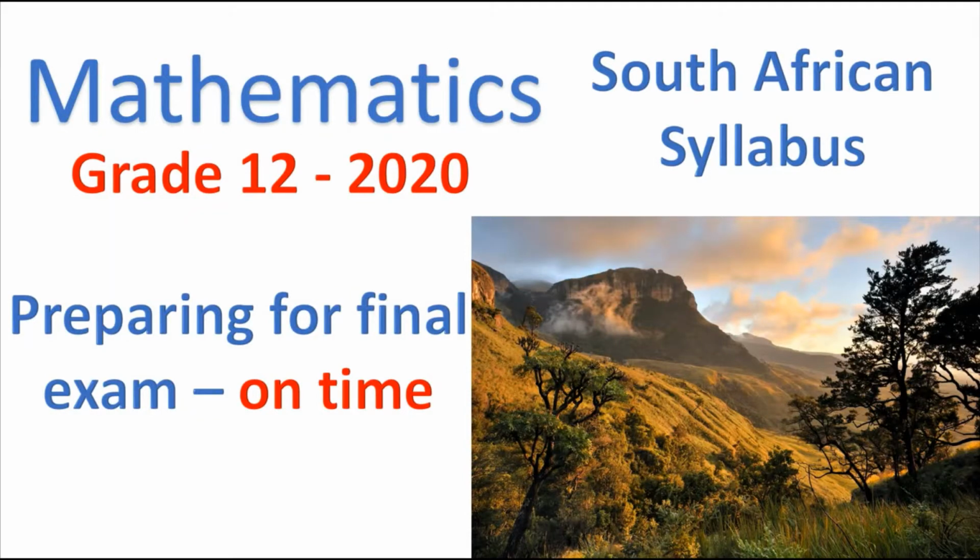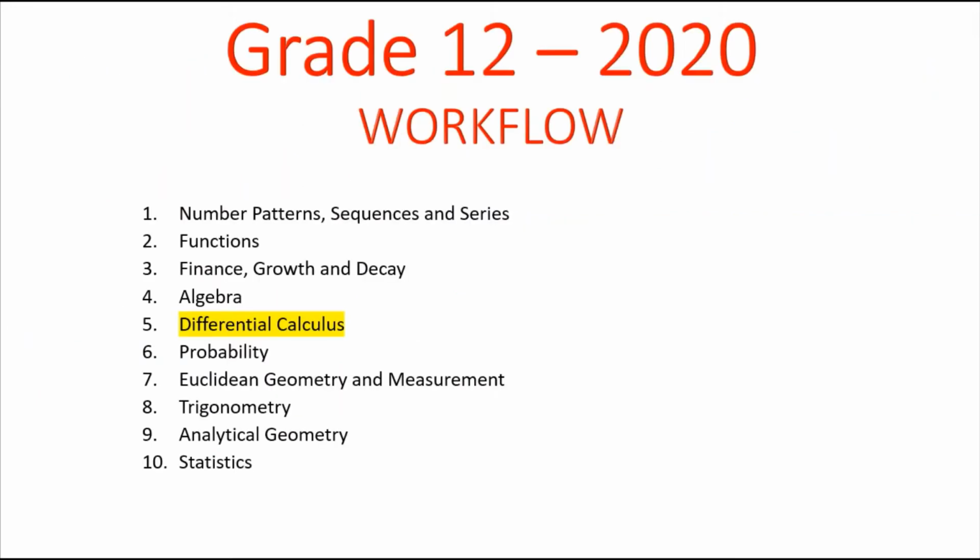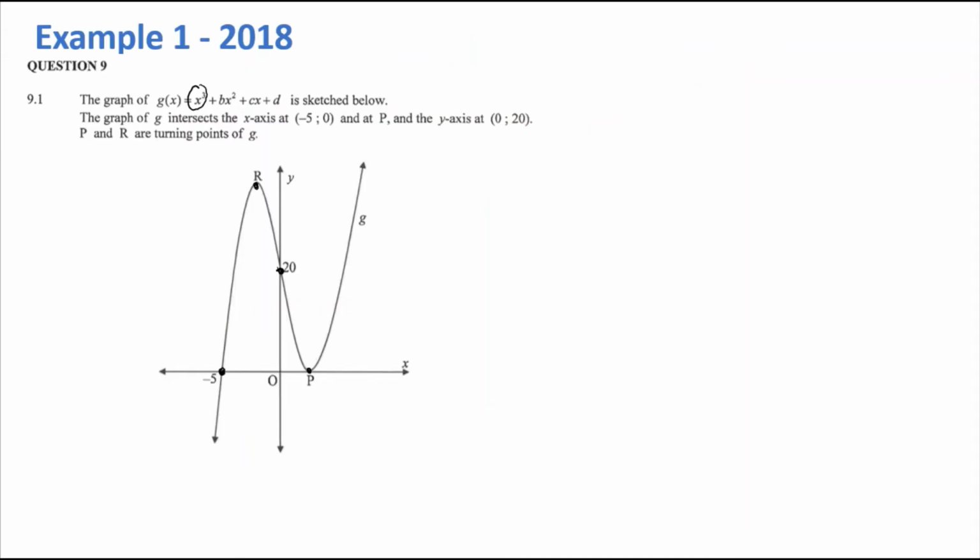Howdy! We're at question number 9 from the 2018 paper. And I classified it as differential calculus. Let's see what it looks like. It's a third order polynomial with two turning points. And importantly, we're given the values of the y-intercept and the x-intercept, which is also known